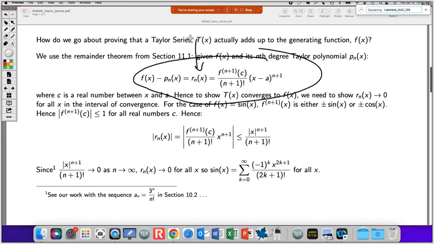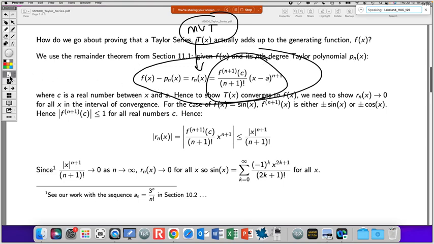Remember, the remainder theorem is just another manifestation of our friend, the mean value theorem. You can get the remainder theorem by a combo of integration by parts and the integral form of the mean value theorem. And it says that if you take the difference between the function and the Taylor polynomial, which in the language of series, we're looking at the difference between the sum and the partial sum, then it's going to look like the first thing that you didn't add in. You with me? So it has that very alternating series test feel to it. So all you got to do,